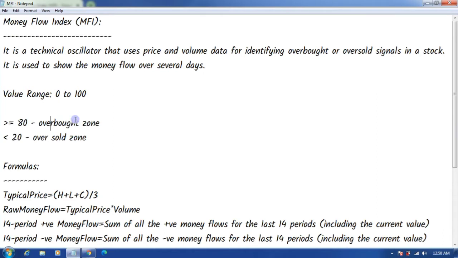Overbought zone and oversold zone. So let's make it greater than 80 only. Greater than 80 overbought zone, less than 20 oversold zone.